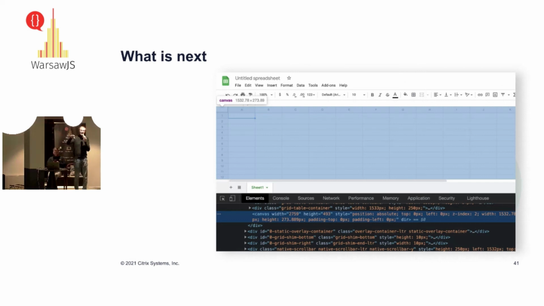And if you ever tried to look at how Google spreadsheets are realized, they use Canvas. So they have the same crazy grid, a huge amount of cells, a huge amount of everything. But they use Canvas and it works perfectly fine. So our next plan is to switch from DOM to Canvas. And also leverage Excel in another way. We'll just export this data to Excel and let them slice and dice this data as they want, because it's really impossible to cover all edge cases with huge accounts and huge setups.